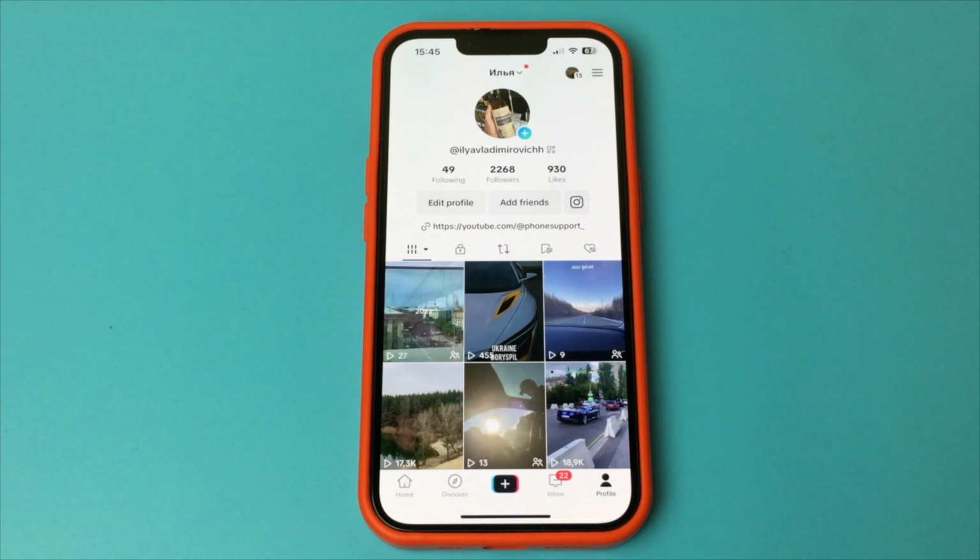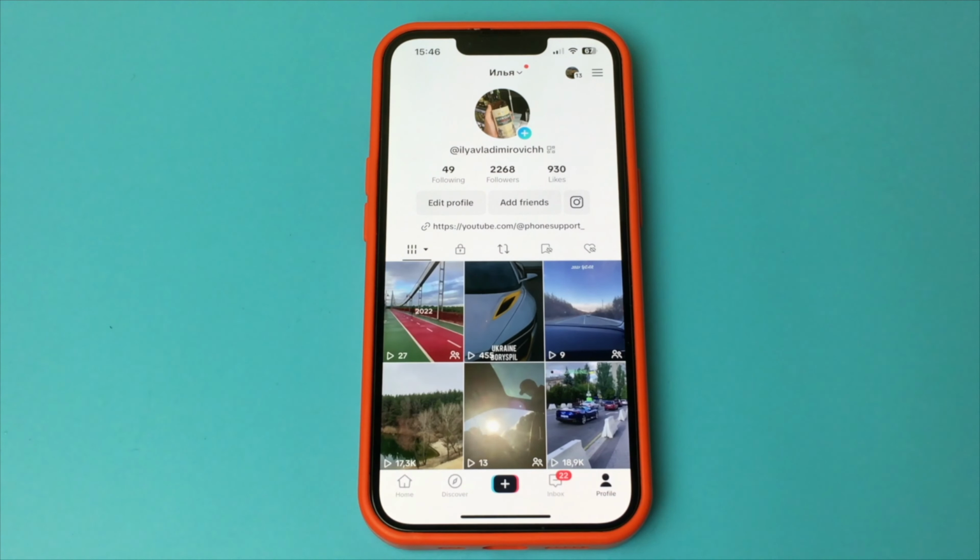Watch. First, we go into TikTok and find the video we want to download. After that, we click on the button, Share, and then you click here, Copy link. That's this button, not the download button of the video. Because if we click Download Video, it will download with a watermark, and we don't need that. So we just click on the Copy Link button. You have copied the link.